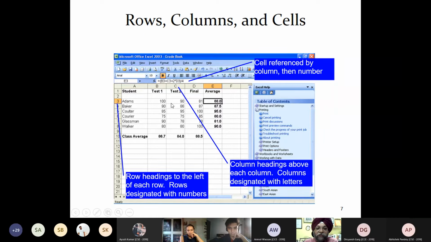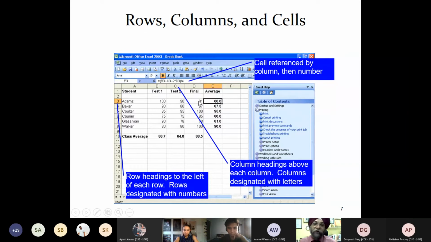If you go with B3 plus C3 and 2 into D3, the final marks have been considered twice because they carry more weightage.